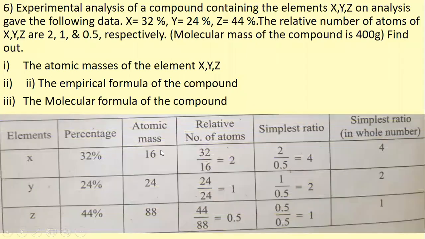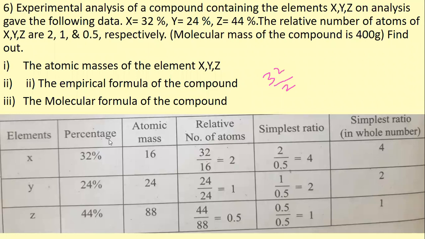Okay. See now, first, using the given data, we have to frame the tabular column. Previously they gave carbon, hydrogen, oxygen or any element name, but here they simply gave it in a twisted form, simply X, Y, Z. And here they gave the atomic mass also. So now X, Y, Z. See here 32%, 24% and 44% of X, Y, Z. So now the atomic mass of the element is simply 16, 24 and then 88.